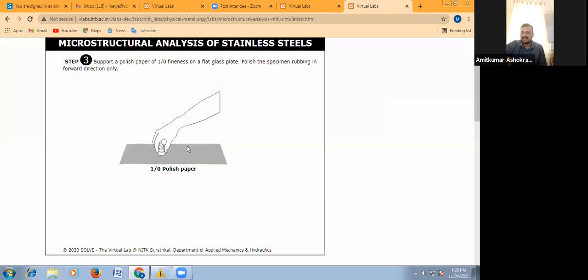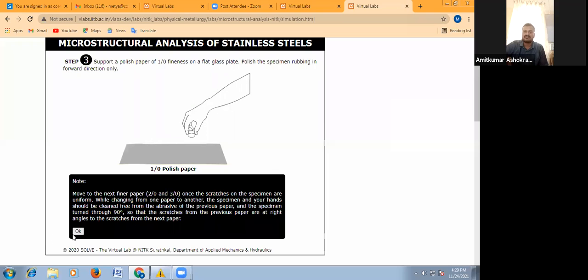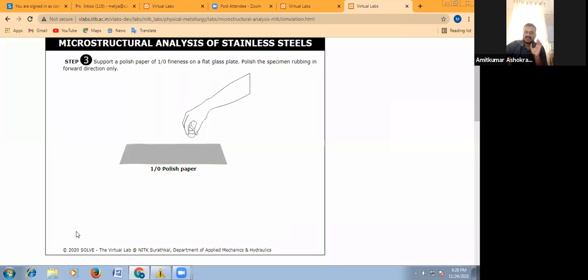In this way polishing is done by keeping it on a flat glass plate. While changing the abrasive paper you have to turn your hand through a 90-degree angle.